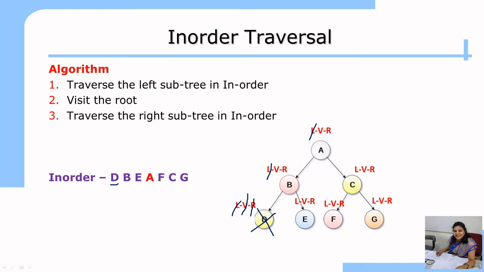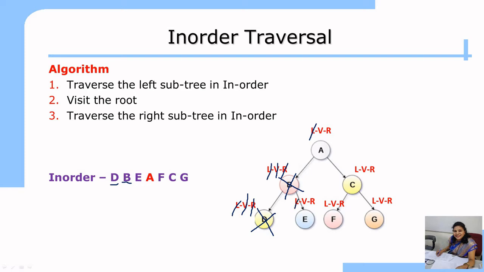Again, the first step we have already performed. The next step is what? Visit the vertex. Whenever you visit the vertex, you write it in the sequence. So at this step, you write down B. The next step is go to the right side. So you go to the right side of B. But before going to the right side of B, you can see that B is destroyed because it has completed its algorithm. So go to the right side, and your control comes here.